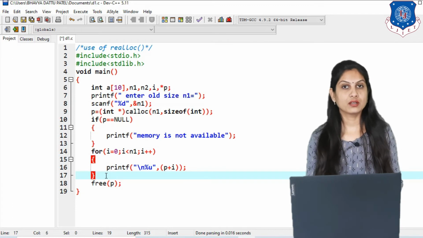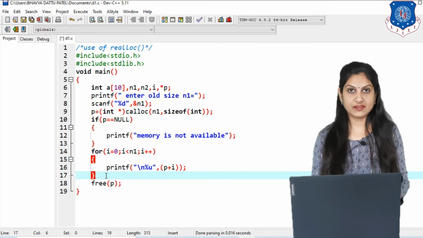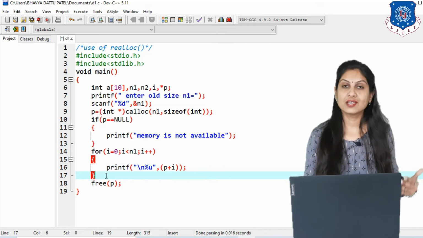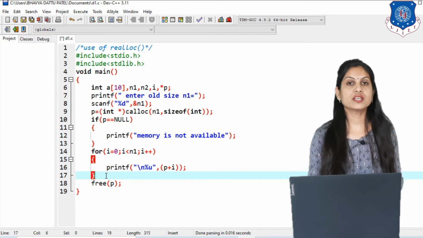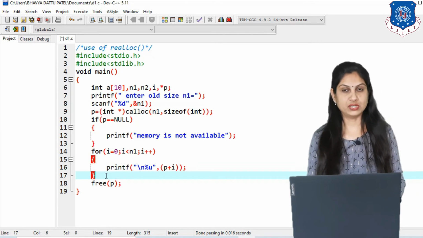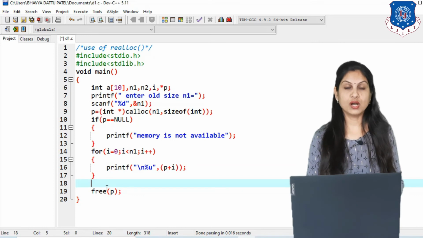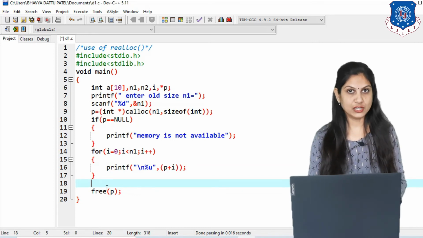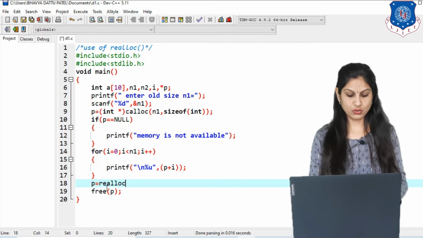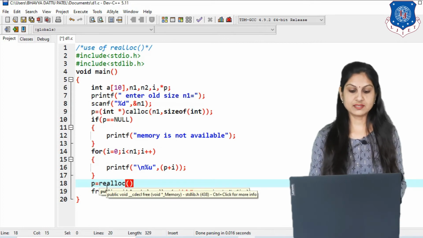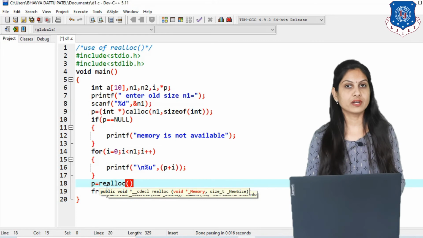Now after finding n1 addresses, our logic is to change the size, and for that we have to use the realloc function, and for that we have to apply the syntax of realloc, that is what? P equals the function realloc, and then inside it we have to pass two different parameters.